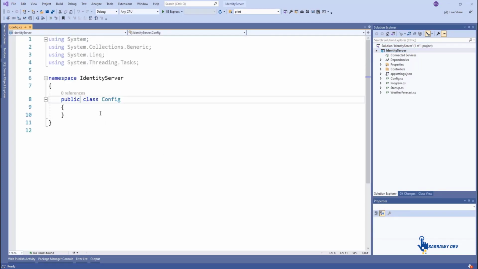Next, add a new class named config.cs, and add this code.